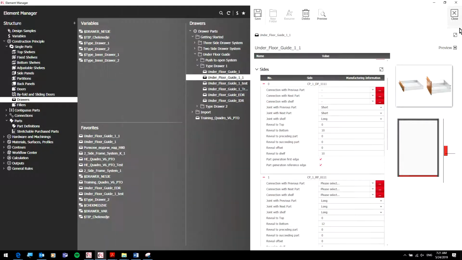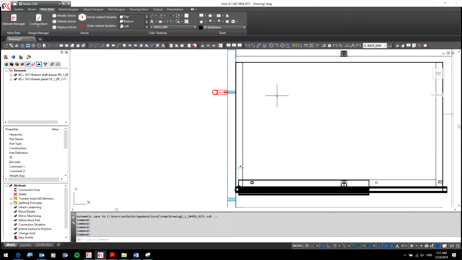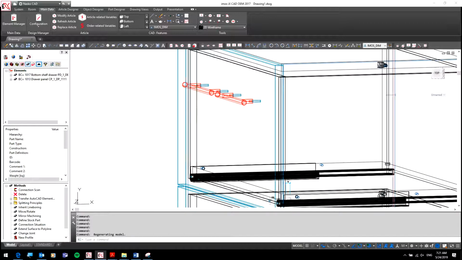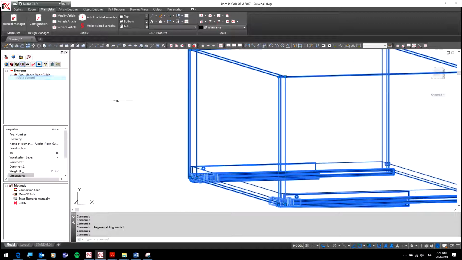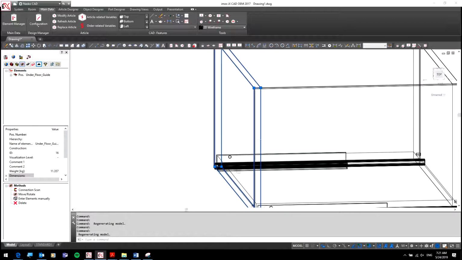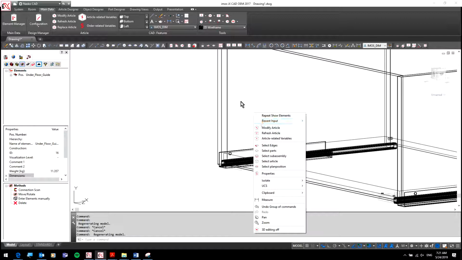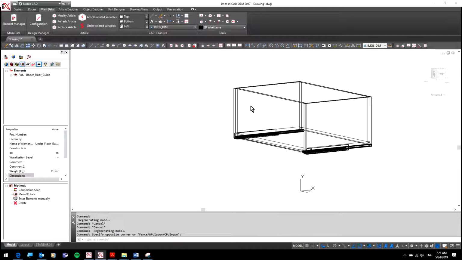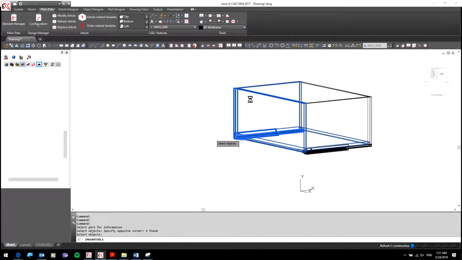Okay, watch now. Alright, so look at this now. It doesn't have connectors here, right? No connectors, right? No connectors. So if I want to put connectors,